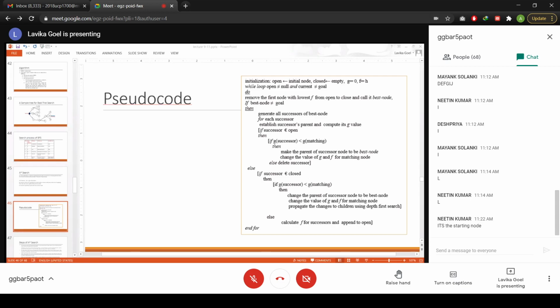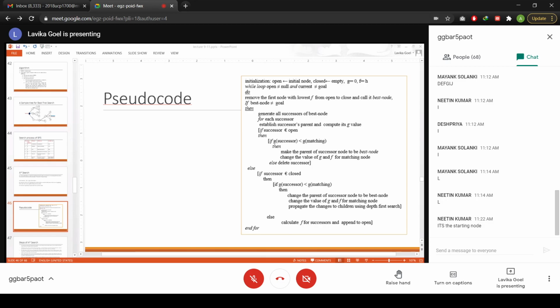But now, since the new path is better, the parent of the successor has to be the best node. You will reset the parent of the successor to be the best node and you will change the value of G and F also for this particular successor, or the matching node. Successor and matching node are basically the same.